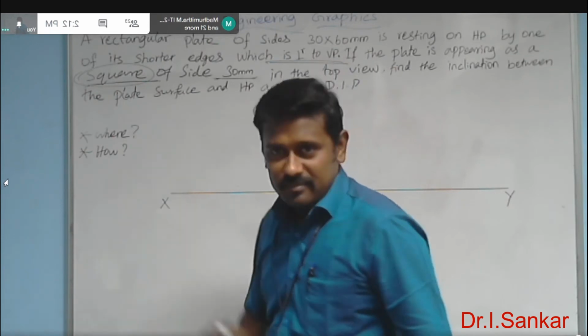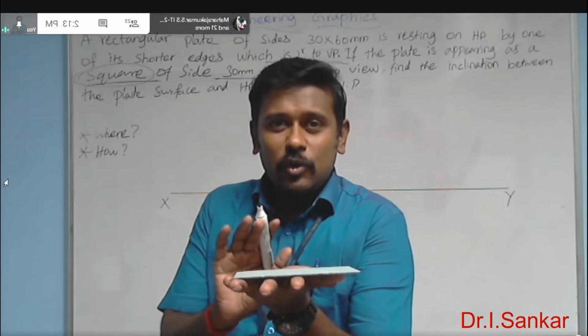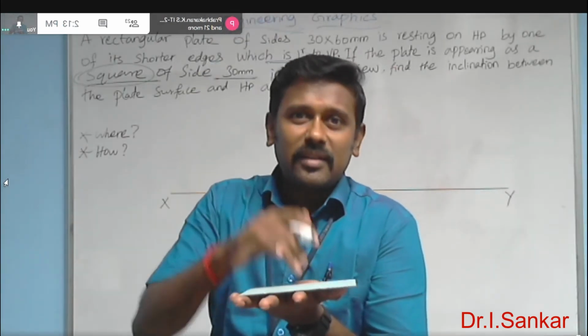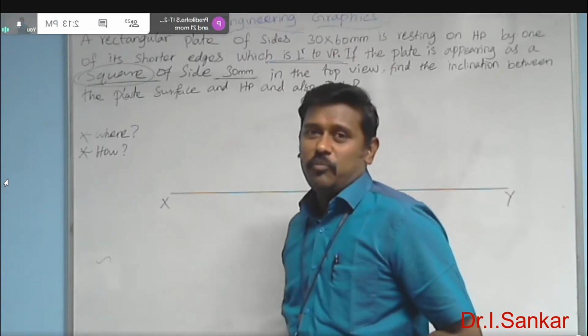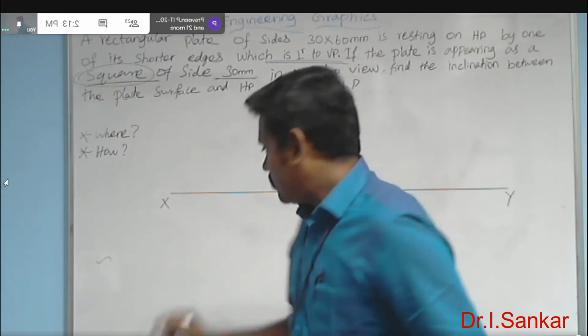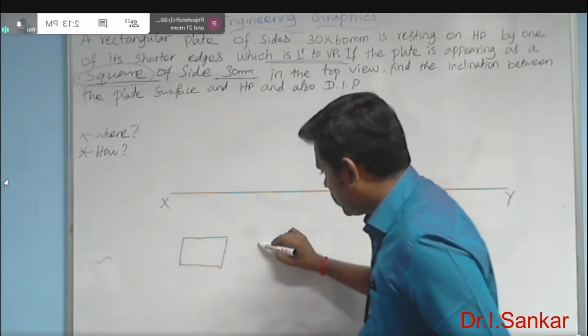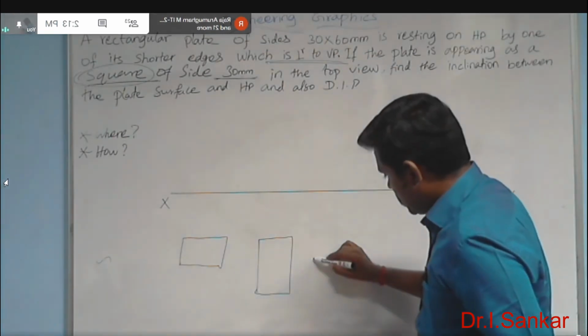First, where. So in that condition, in which view you can have the base, in front view or in top view? In the top view. So you have to start your base view in the top view area. And how should the base be? How should the base be? Because the rectangular base can be drawn in any way. In this way we can draw the rectangular base. In that way also I can draw the rectangular base, and this is also possible.